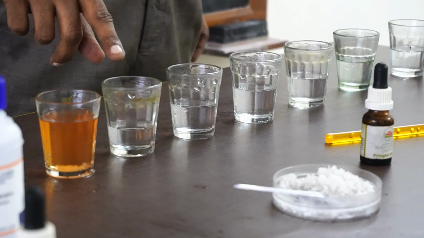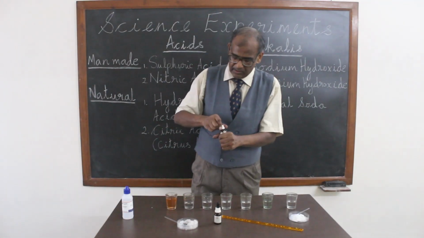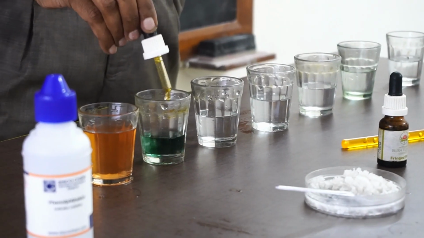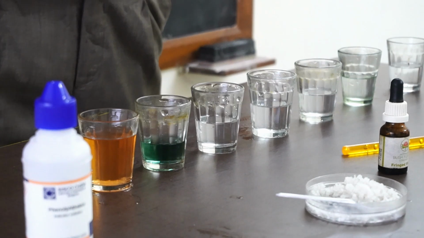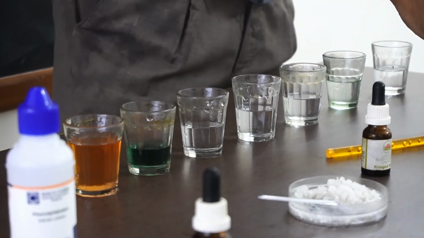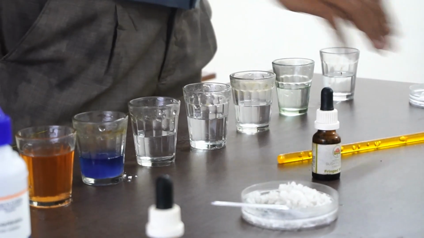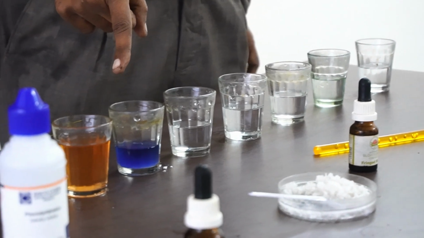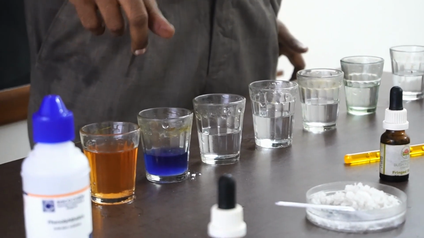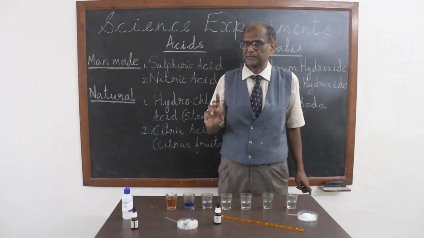Now, conduct the second stage of the experiment. This is water. Let's pour out some more litmus indicator into this. We see an instant green coloration. This is an alkali. Let's try adding alkali to litmus papers. We see blue coloration. Anything that turns litmus into blue is an alkali. Anything that turns litmus red is an acid.